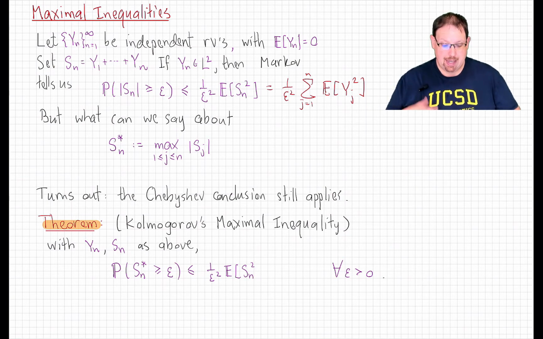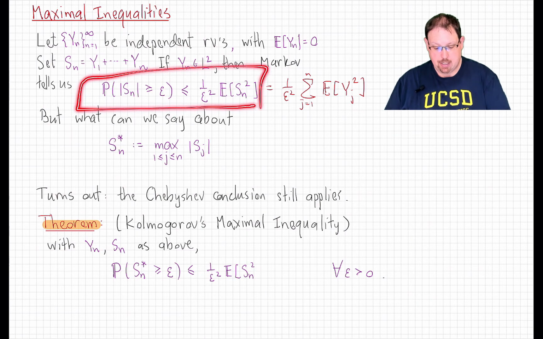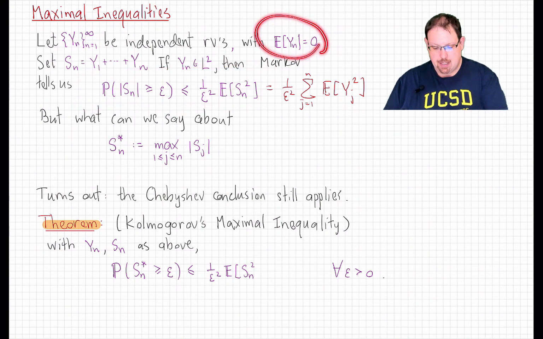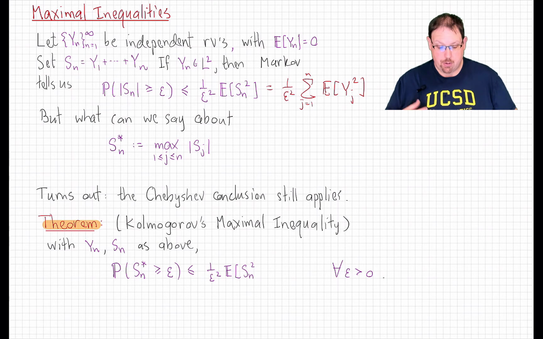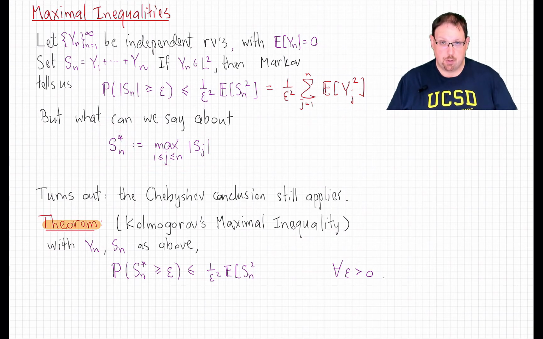Now note, if the Y's were non-negative random variables, then adding each new Yn would only increase the sum, and so the maximum would just be Sn, and we'd be back in this situation here. But we've assumed that these have mean 0, and so they are almost certainly not non-negative random variables. So this maximum is different than any one of the Sj random variables. It turns out that getting nice estimates for this maximum is often a good way to prove almost sure results instead of L1 or L2 results.